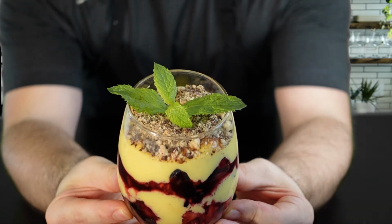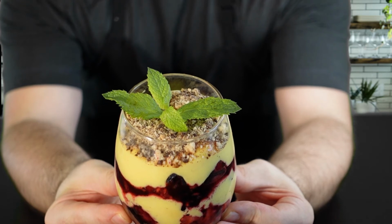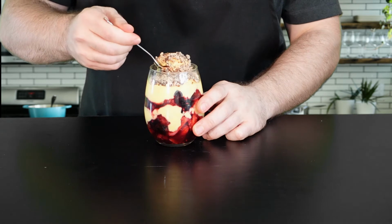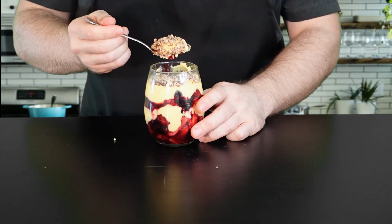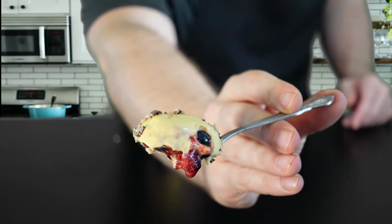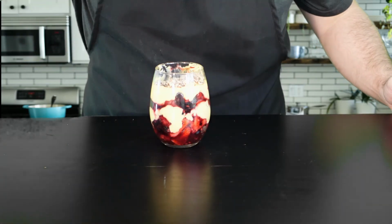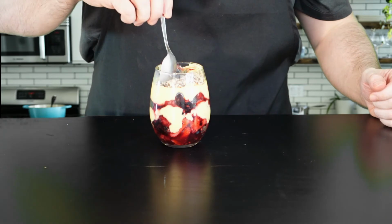This is a dessert that's going to feed a few people, but before I let anyone else taste it, I have to get my spoon in there myself. And just look at how thick and how creamy this is. It's so rich and so decadent, but it's not filling. It doesn't feel like, oh my god, I can only have a couple bites, and that is why after my first bite, I just have to go in for another one and another one,